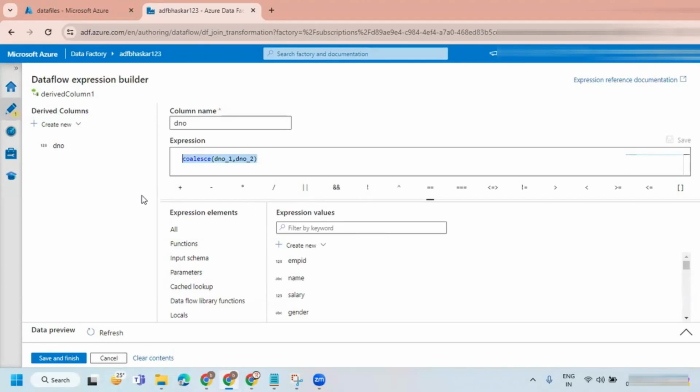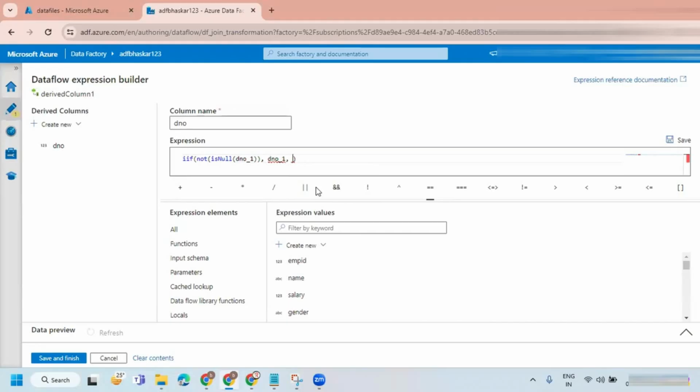Instead of this, if you want to go with the if function, then you need to check is null of D number underscore 1. So we have to say not, right? I guess it is not. Not is null of this. Then I wanted to take department number.